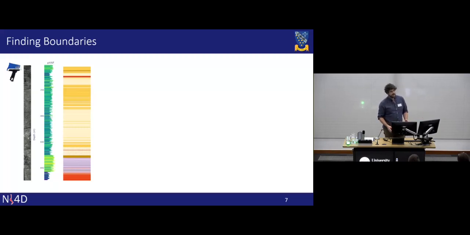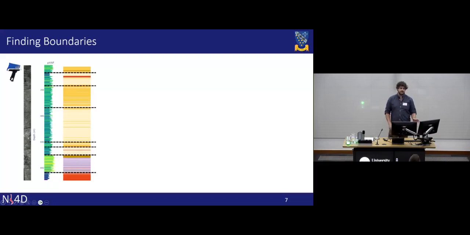So in my head, I thought what ideally we'd like to do is identify boundaries in our downhole data. So for instance, I haven't labelled this, I do apologise, but this is magnesium downhole from the pXRF, and this is the equivalent log from that same hole. So you can begin to pick out clear boundaries in that magnesium data, which correspond to intervals in lithology. And I guess the idea is that hopefully if we could average the data in between those boundaries, then we would have a better representation of the lithology in between. So the question is, how do we find those